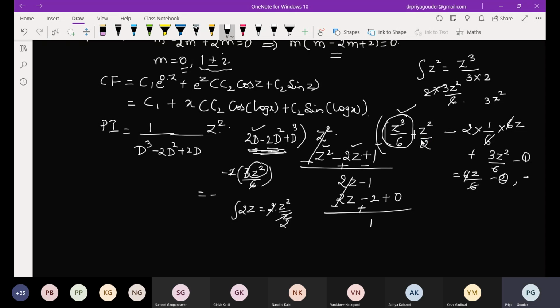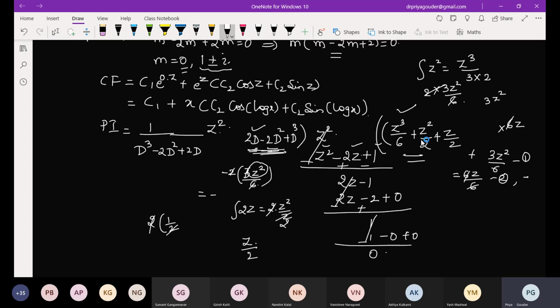Let me continue. Will you just try to find it out? It is an easy way. So now minus 1 plus 2 is 1. I want here 1 only. So what should I take? Integration of 1 is z. But I don't want a 2. Is it z by 2? Yes, plus z by 2. How to confirm? Operate this z by 2 on 2D. So 2 into the derivative of z by 2 is 1 by 2, isn't it? You will get 1. Next, the second order derivative will be 0, third order derivative also 0, so you will get 0.